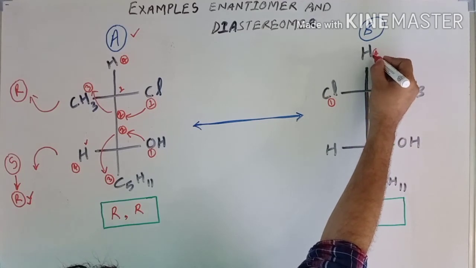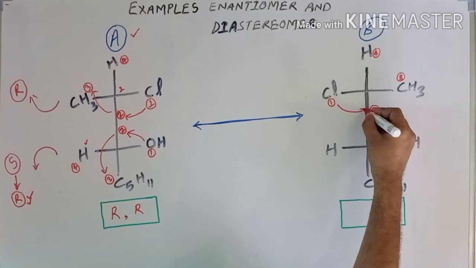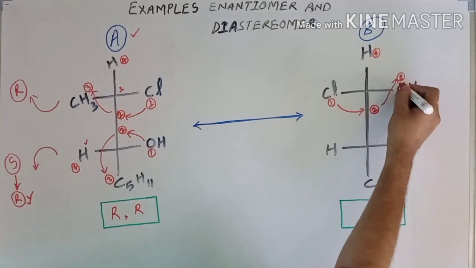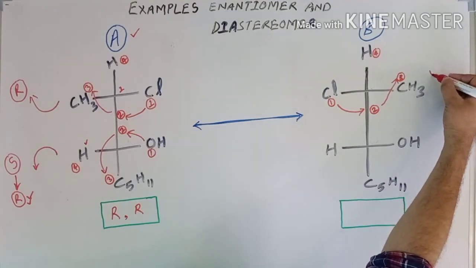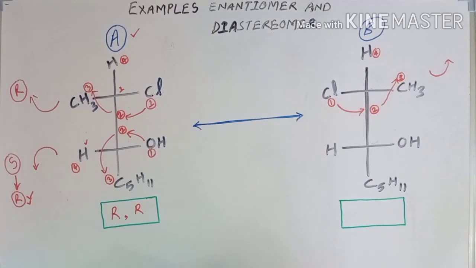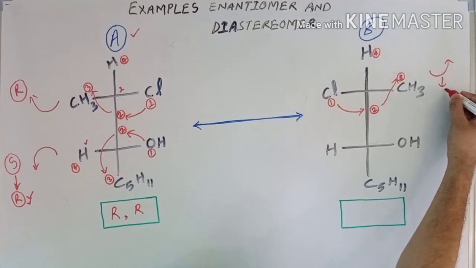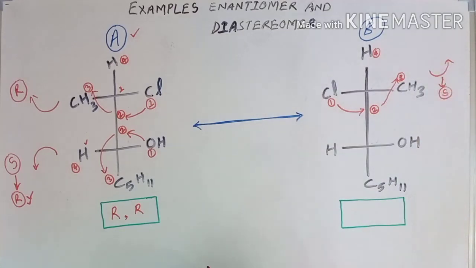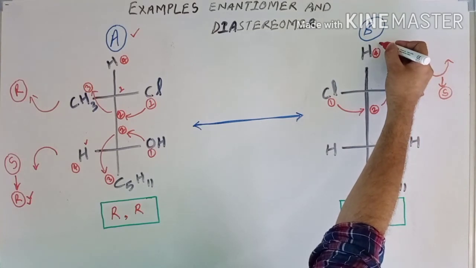one goes to this. Now we will draw an arrow first to second and second to third, leaving behind the fourth one. Now here you will see the movement of arrow moves in this fashion. This is what? Again anti-clockwise. So anti-clockwise means the configuration of this carbon may be S, but it is not final yet. We have to see the position of lowest priority group.